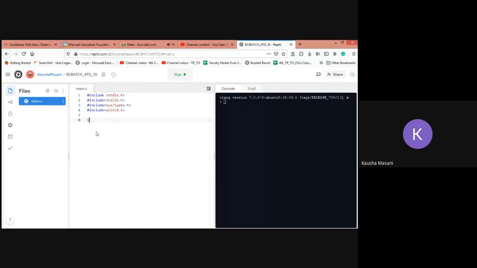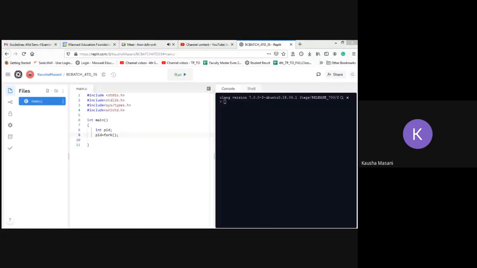Now writing my integer main function. In my main function, first of all, I'm going to initialize one variable called pid. This pid is going to do the fork command. Whatever ID is received as the end result of the system defined function fork, that will get saved in this variable.